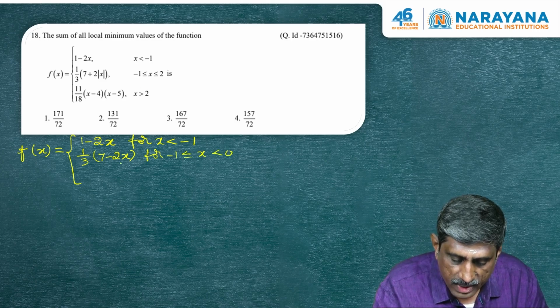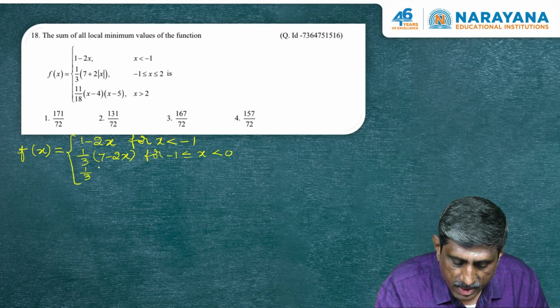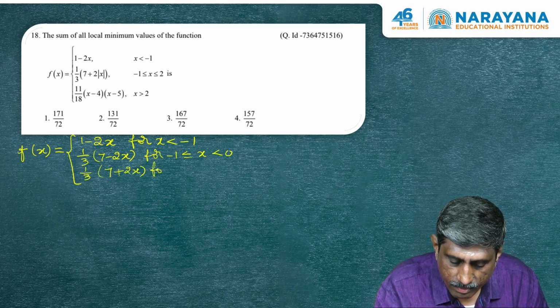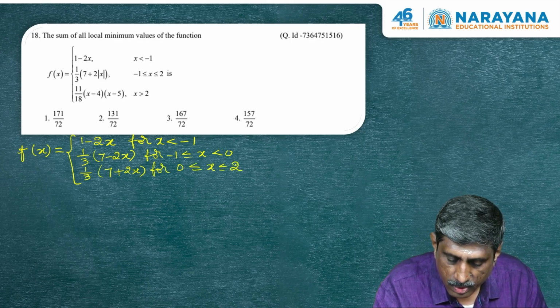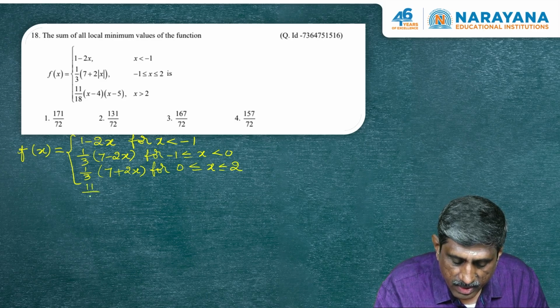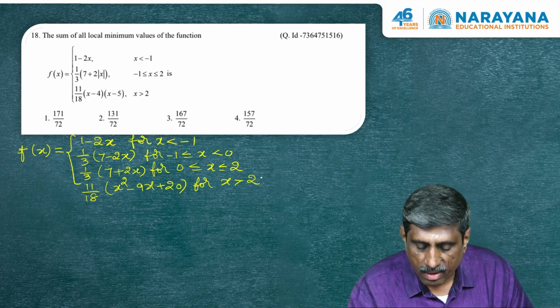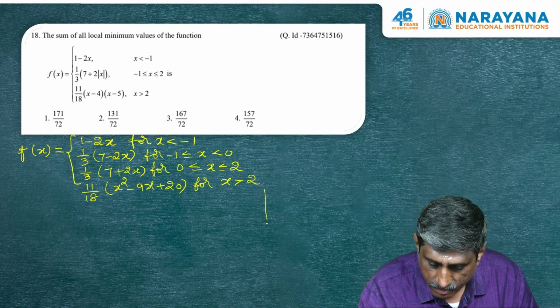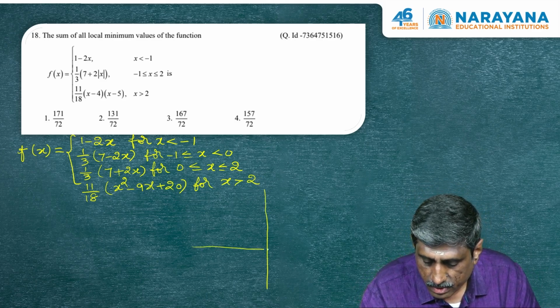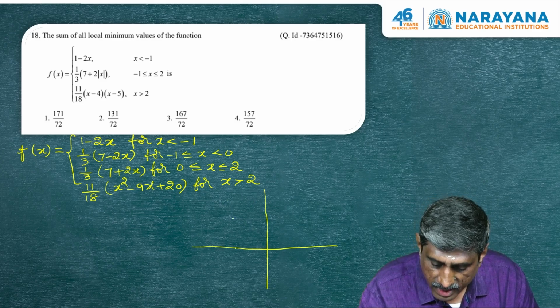From 0 to 2, it is going to become positive. So, 1 by 3 times of 7 plus 2x for 0 less than or equal to x less than or equal to 2, and it is 11 by 18 times of x square minus 9x plus 20 for x greater than 2. And when we draw the graph of this and identify this, so for x minus 1, so it